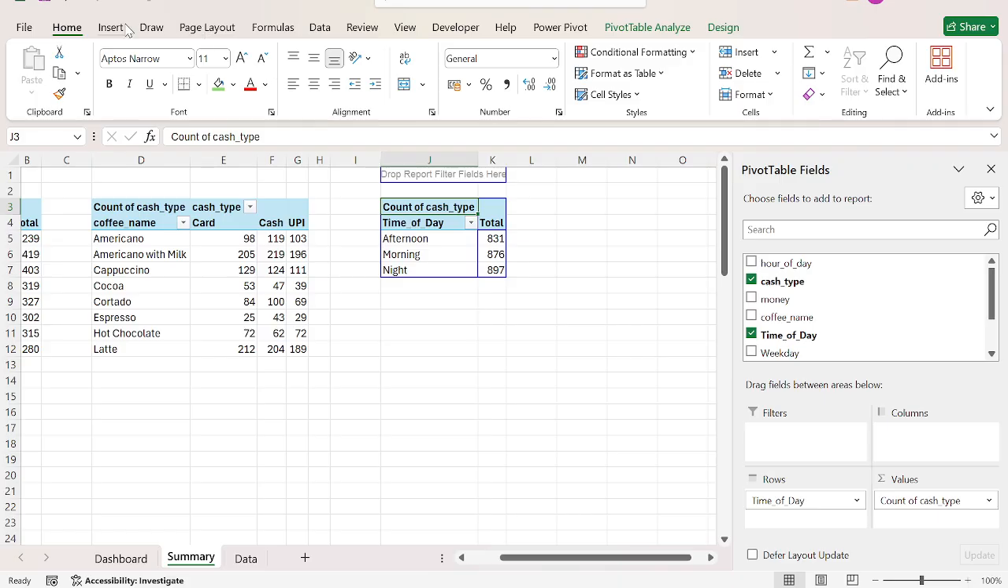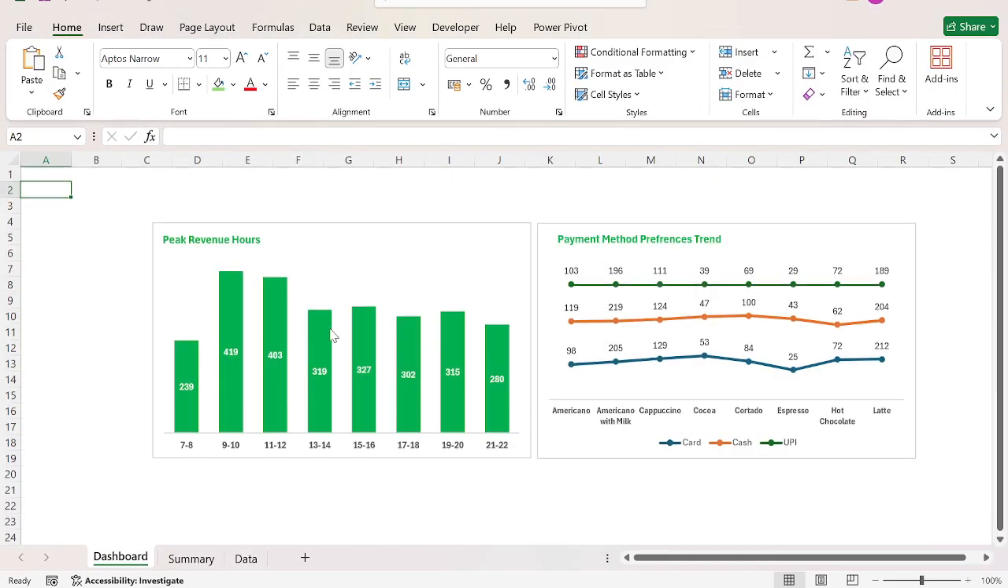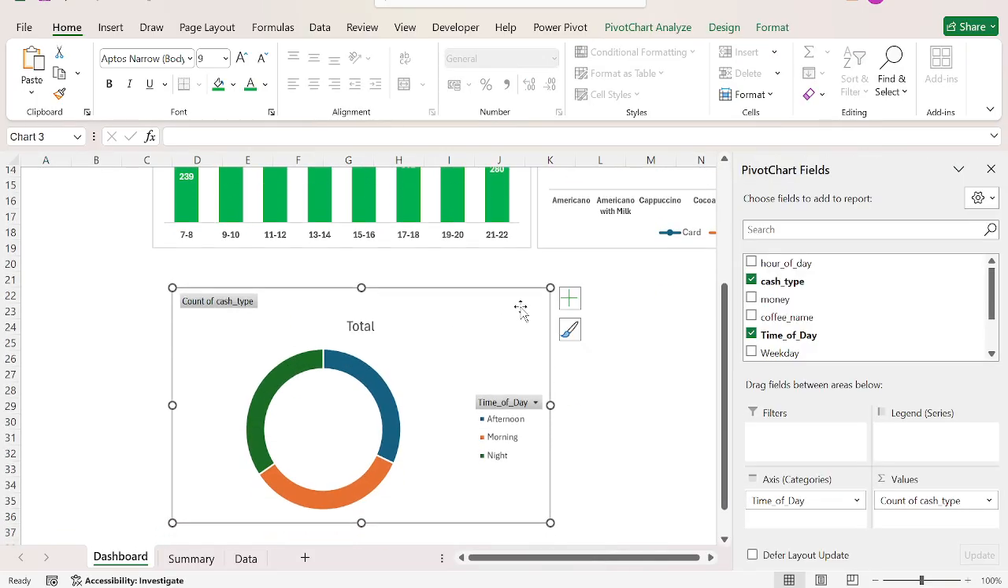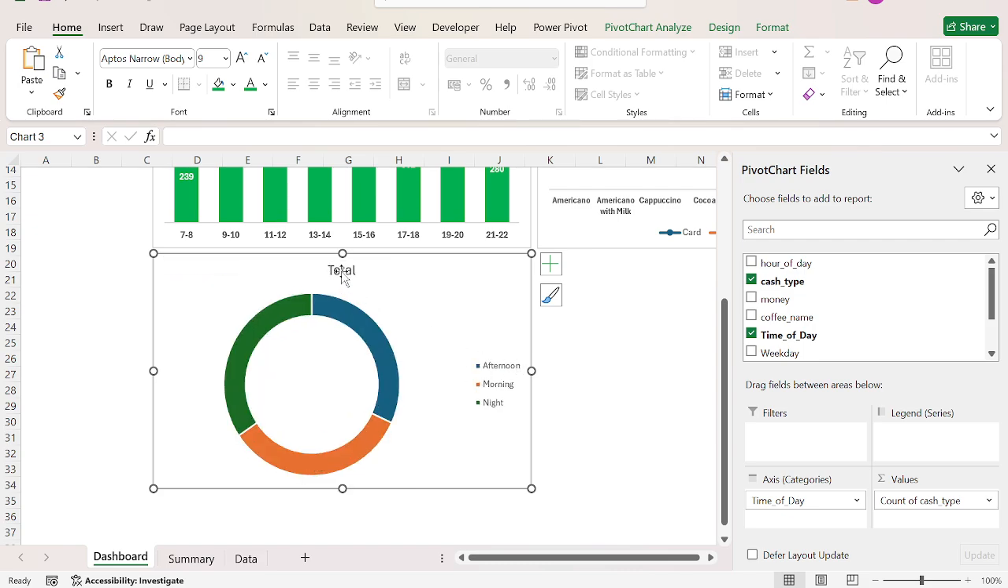Now go in the insert and take one donut chart, and now cut it, come back and paste it here. And after pasting, simply adjust it like this. Okay, and hide all field buttons, and here you have to write coffee preferences trend, not trend, I would say coffee preferences